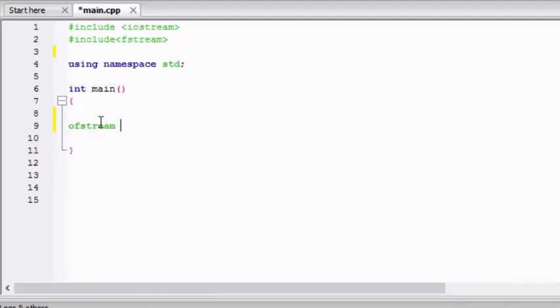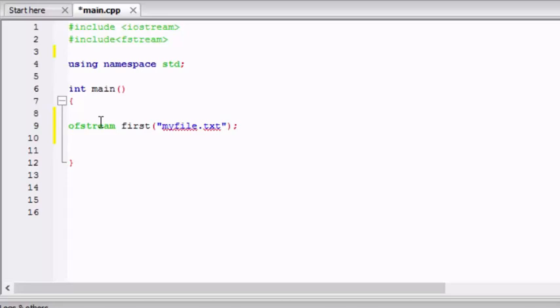So ofstream space first, as this is my first file that I am creating, so I am taking first as the name of an object. Now this is the way we can create a file. You can see it here. We have created a myfile.txt file here, and it is open. In that way you can do two things: create a file and open that particular file.